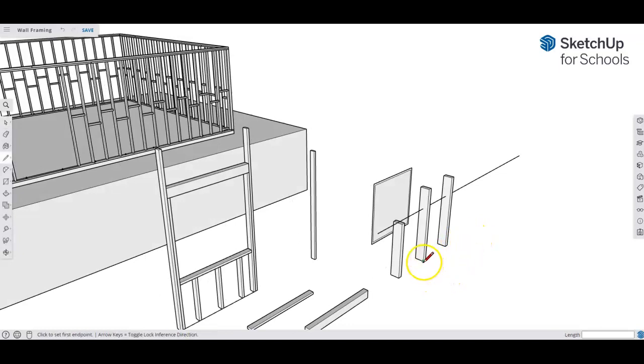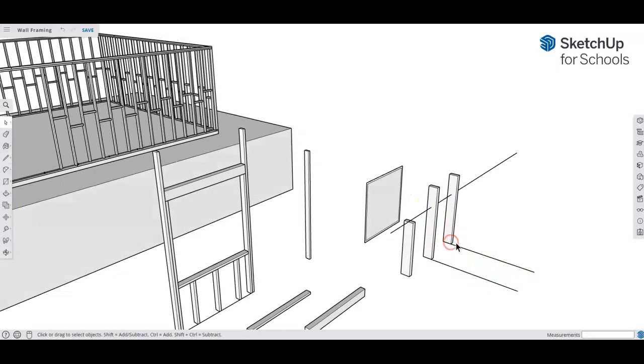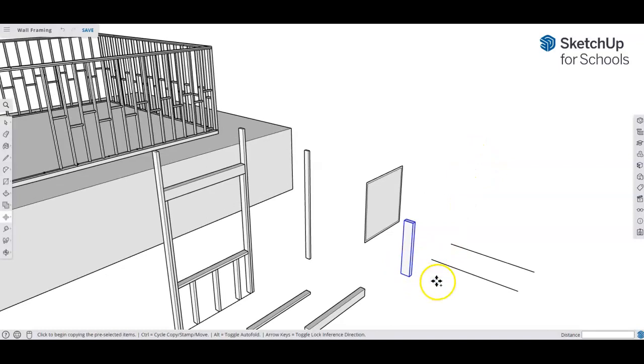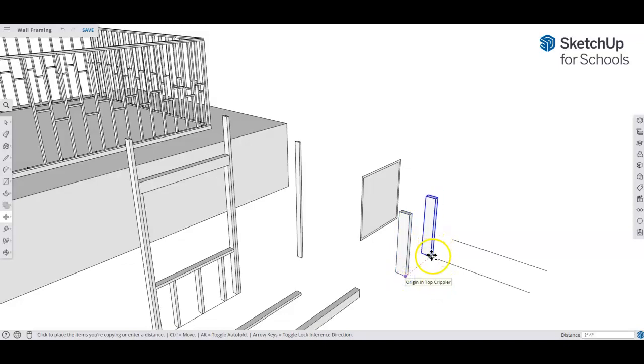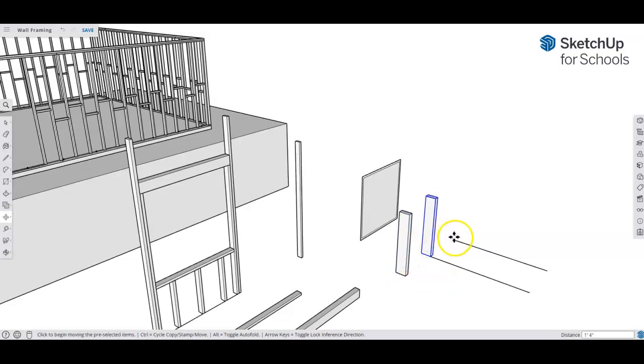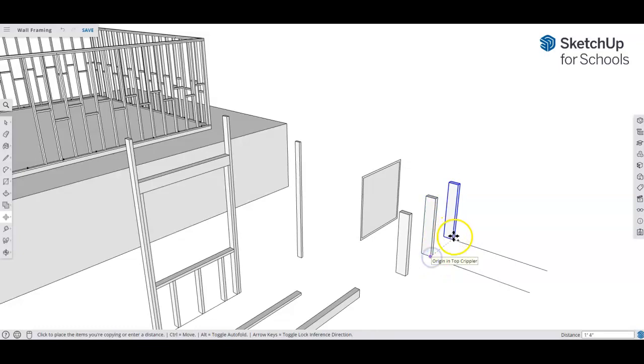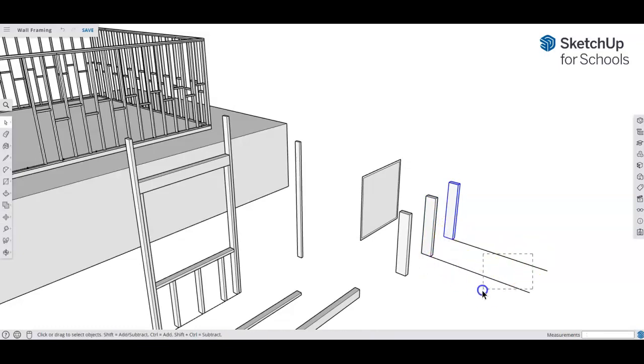I'm going to draw a line from here, this endpoint right here. I'm going to do the same with this, just so I can erase this and this. Don't need those anymore. But I can copy this. And there we go. Erase that, delete,